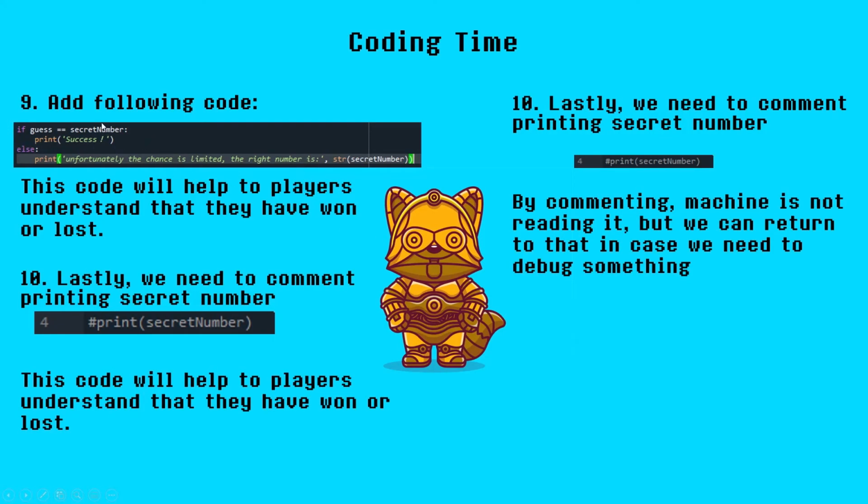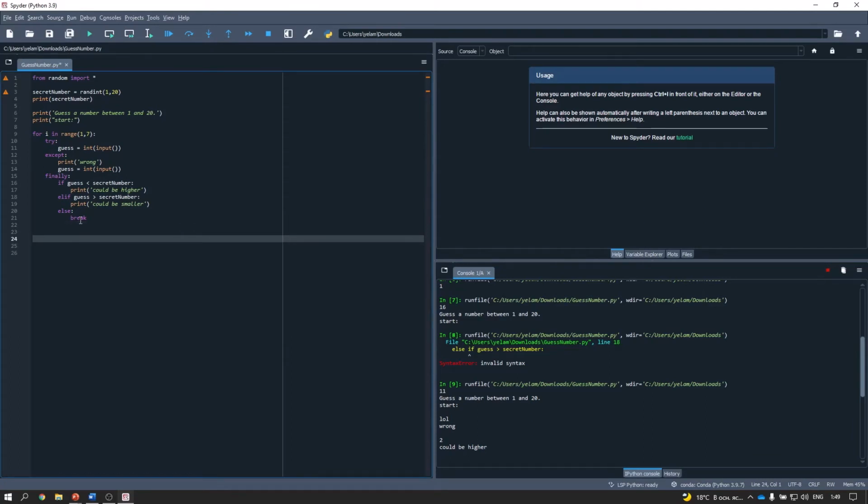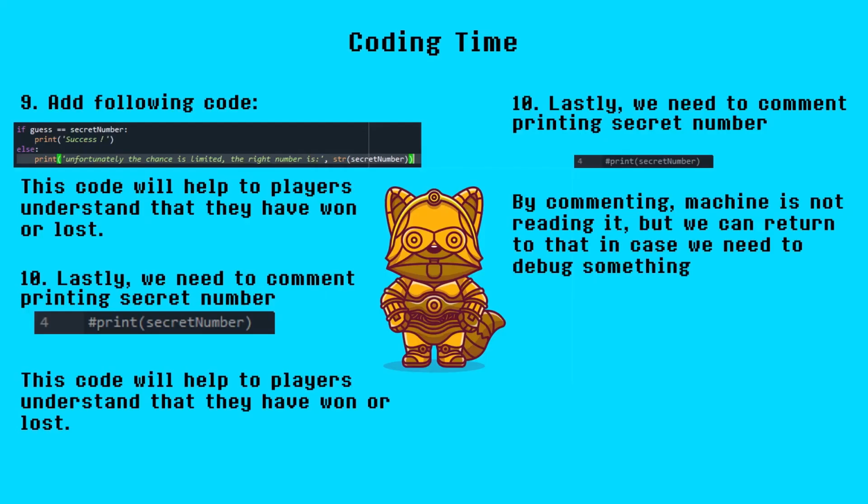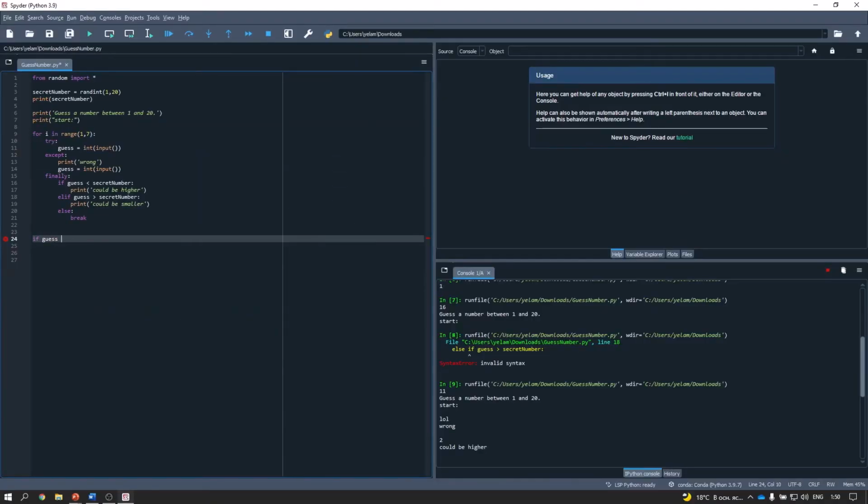So if guess equals secret, we write it after we break the loop. There are two possible solutions: if our guess number is equal to the secret number, or when we use all 7 attempts. So let's try to catch this problem. From the presentation, if our guess equals the secret number, we write it like this: equals equals means equal. In logical operations, we use it like that. So if it's equal to the secret number,